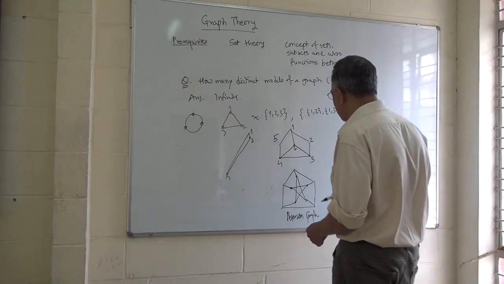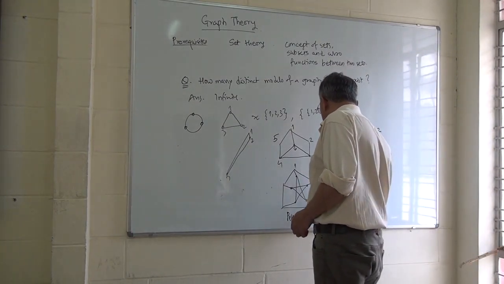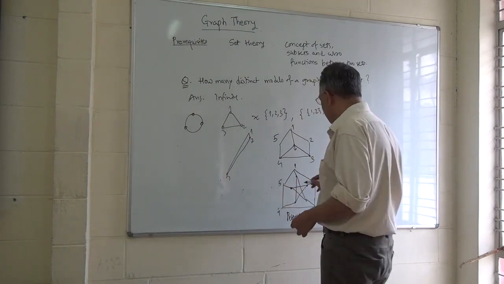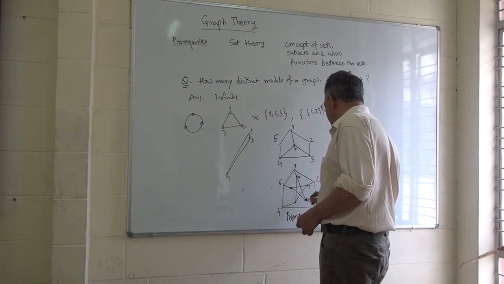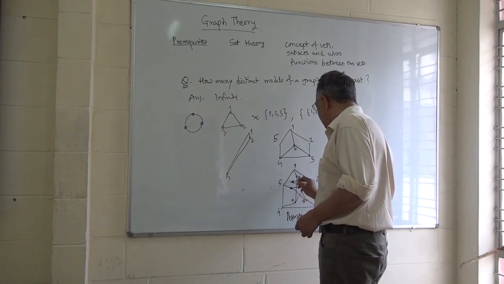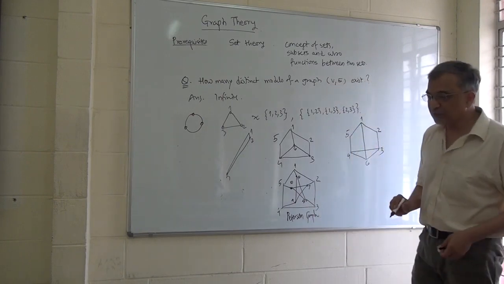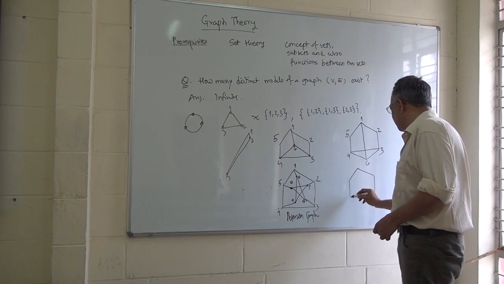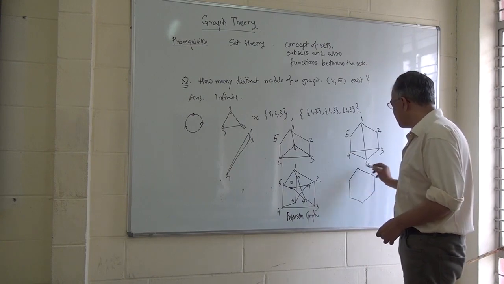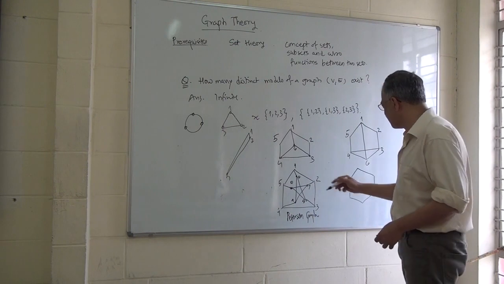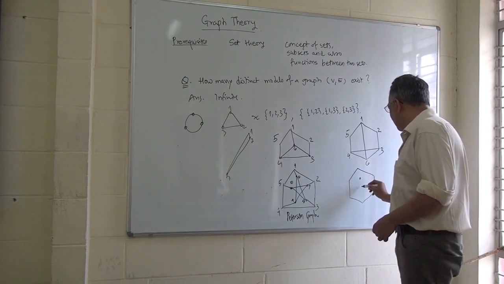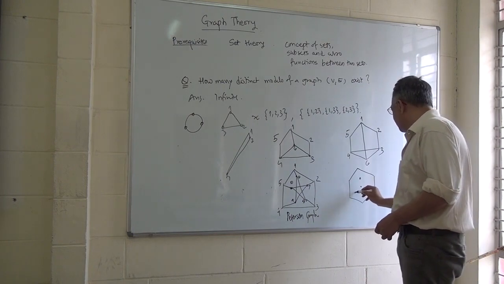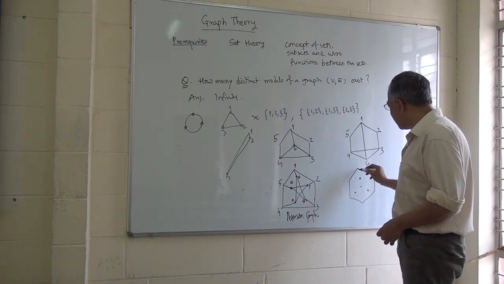So if you number them like this here, 1, 2, 3, 4, 5, and 6, 7, 8, 9, 10. And if you draw it as another graph like this, instead of a pentagon, again I will change it to a hexagon. So this takes care of 6 vertices. There are 10 vertices, and the remaining 4 vertices I will add like this. And my edges are like this.